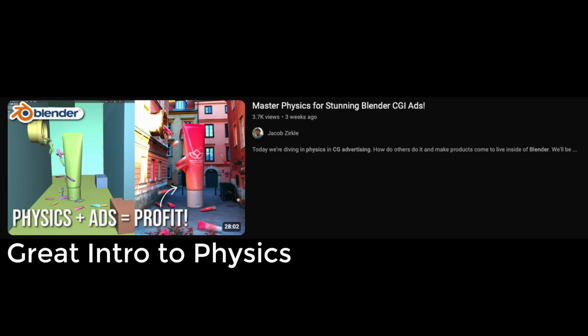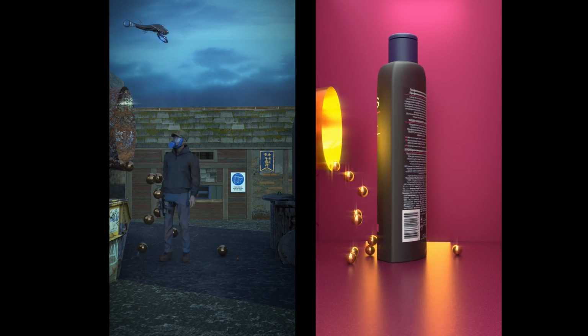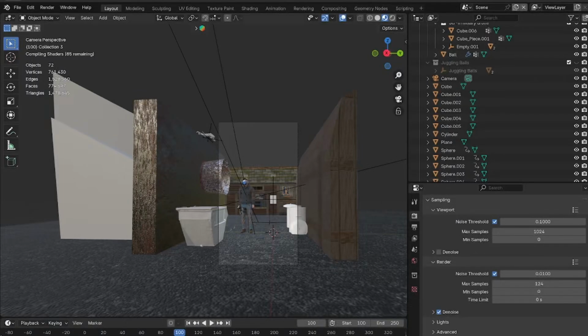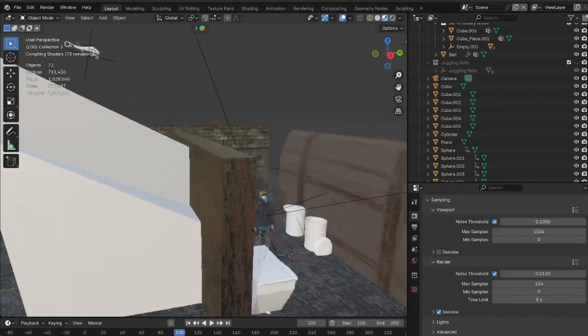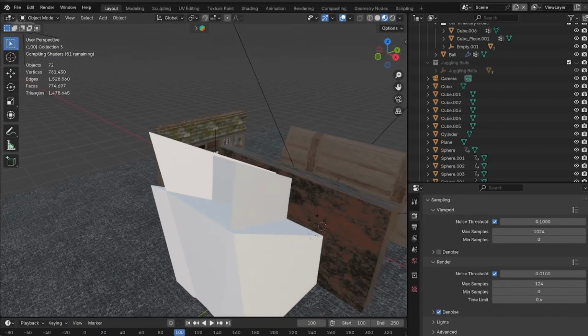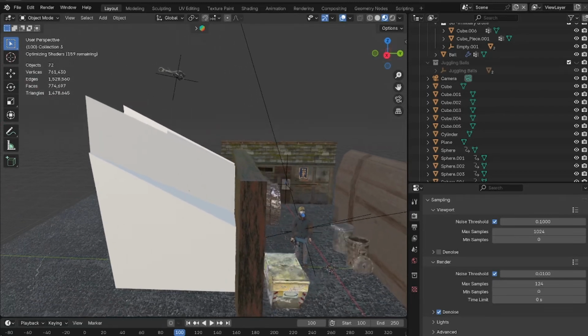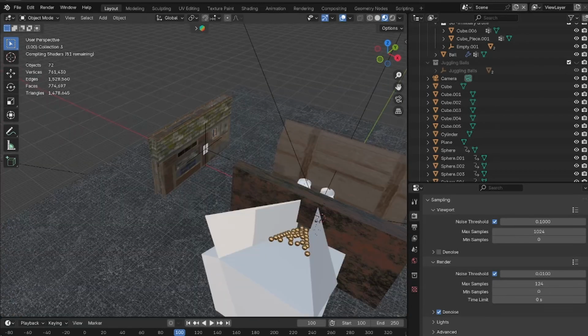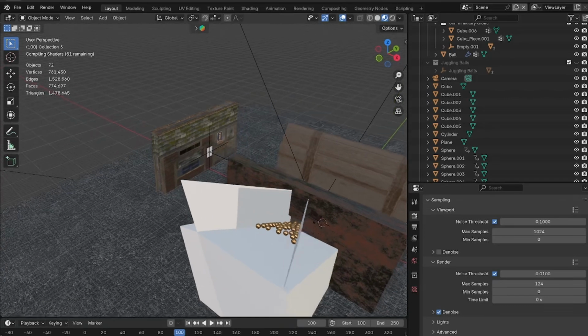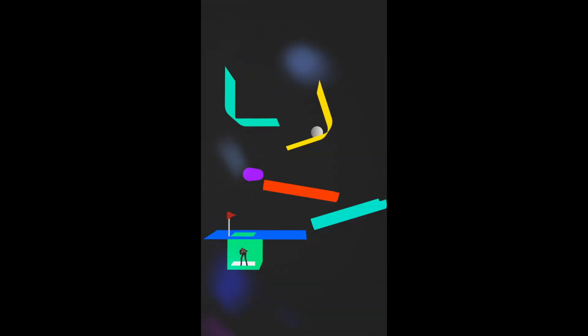A great tutorial that I found for this is this one here, and with just the basics, here's what I was able to create. Now to create a scene like this, all you need is an active rigid body rolling down a slope into your scene. So if I go to the behind the scenes on this video, you can see I just have a basic funnel rolling my rigid body sims out into the scene,